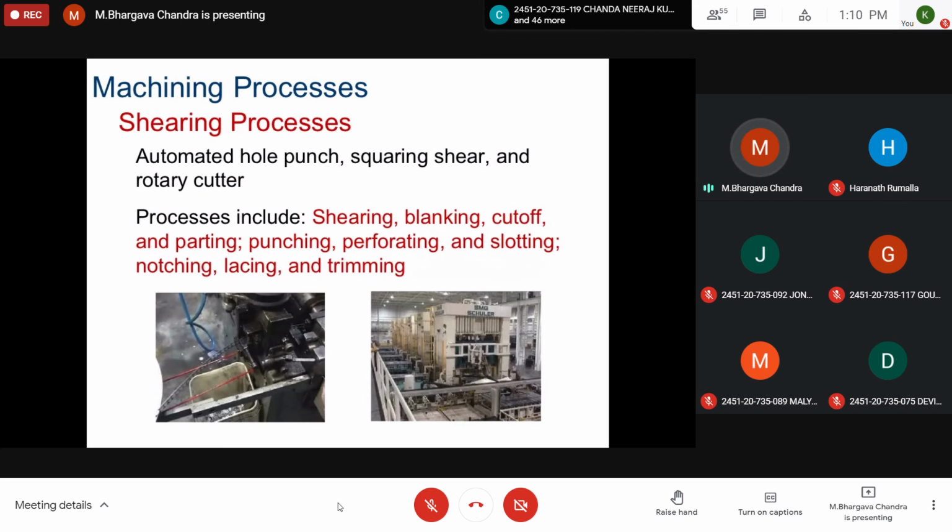In all these processes, the workpiece is subjected to shear force for the removal of unwanted material to give it a particular shape. Suppose I want to create a hole in a metallic billet of thickness 10 mm, then I have to subject it to a punching process. I have to punch and remove the cylindrical material so that I can create a hole on that metallic billet.